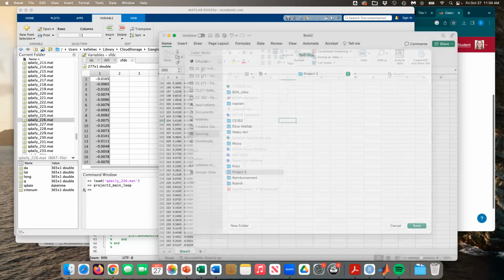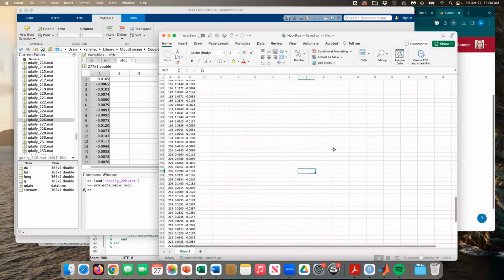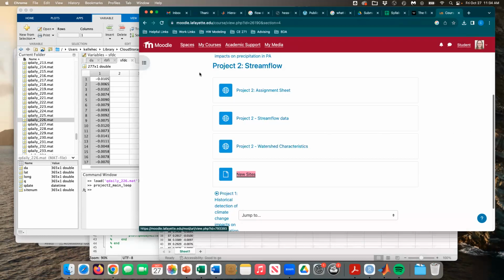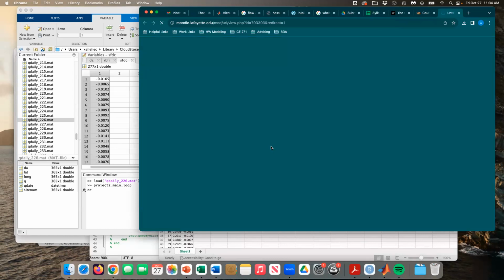Call it hide SIGs. No spaces in the file name. That's going to be important for ArcGIS. The next thing I'd like you to do is go back to Moodle. Grab Project 2